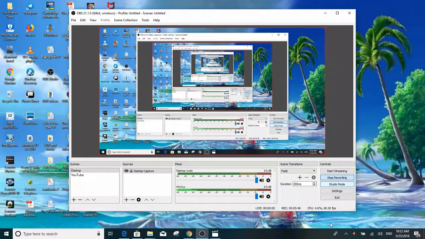Just reinstall it, re-download it from the website, and you can enjoy your OBS functioning normally again. For new users, go to the OBS website. I put the link below, so you can click on it and download the OBS program for your laptop or your desktop.